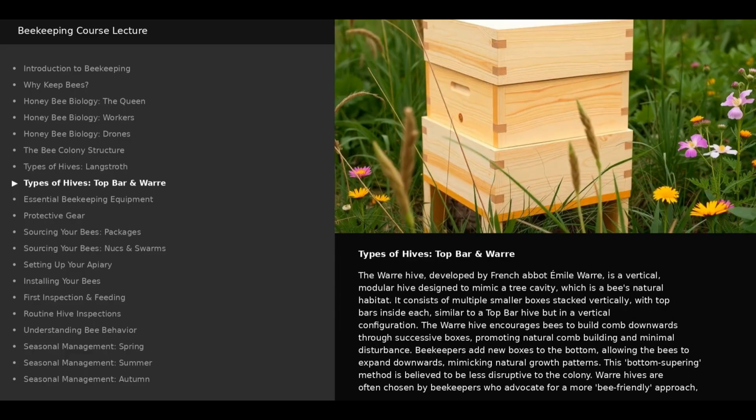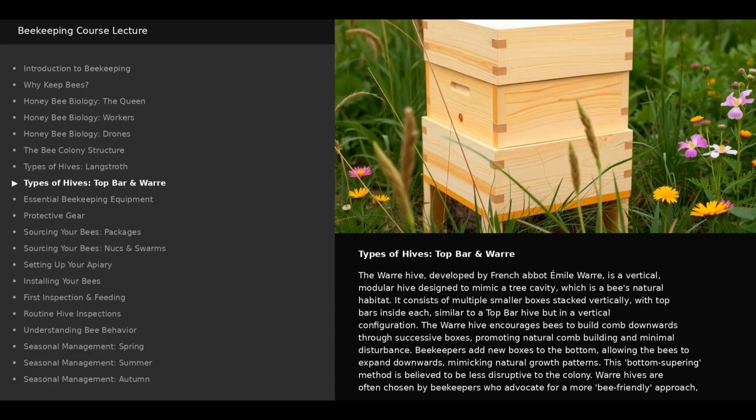The Warré hive, developed by French abbot Émile Warré, is a vertical, modular hive designed to mimic a tree cavity, which is a bee's natural habitat. It consists of multiple smaller boxes stacked vertically, with top bars inside each, similar to a top bar hive, but in a vertical configuration. The Warré hive encourages bees to build comb downwards through successive boxes, promoting natural comb building